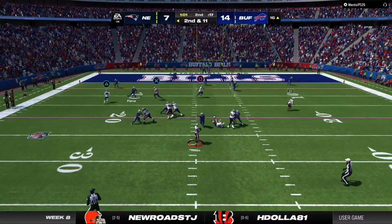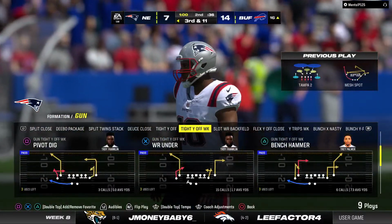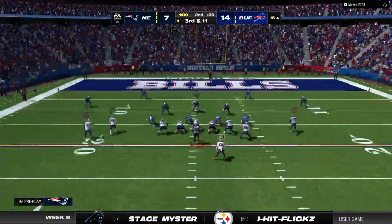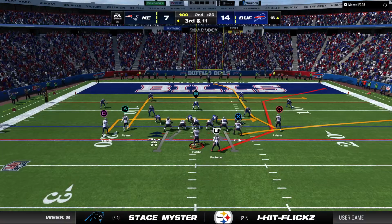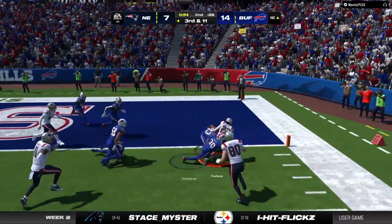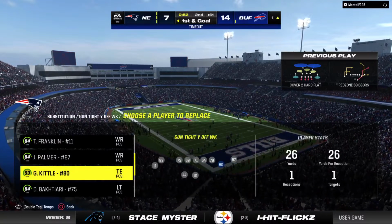Back to throw. Hobbs. Oh, the ball comes out on the hit, but they'll say it's incomplete. I'm not liking what I'm seeing from this defense because their coverage has been playing at a shutdown level so far. Even backed up late, they're first half winds down. He's going to get that to his running back out of the backfield. And the Patriots are going to have first and goal as they try to finish off this drive with 6